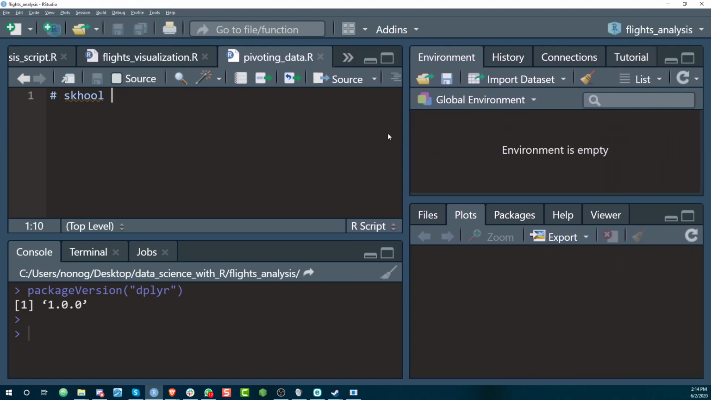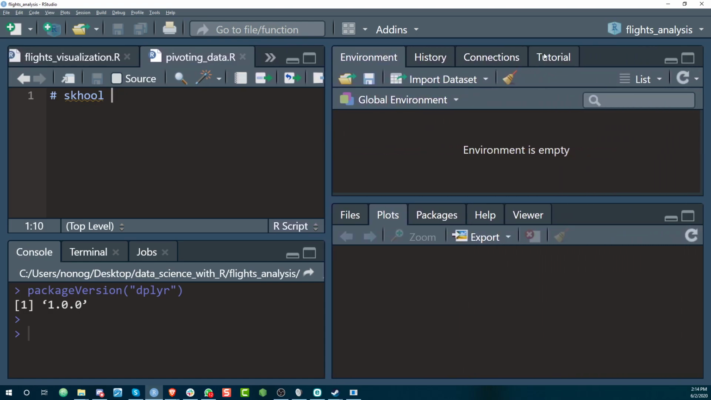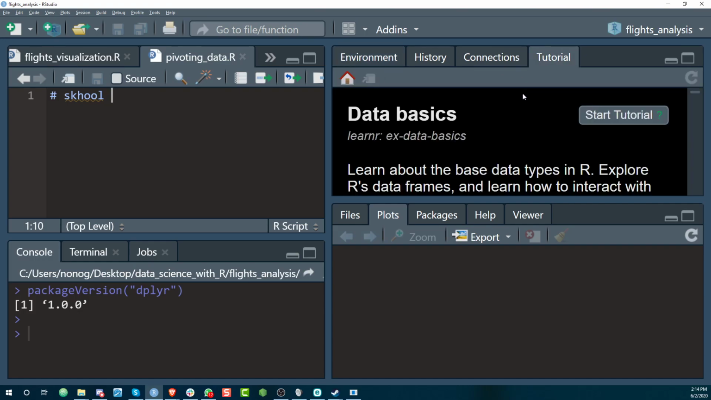Also, it comes with another wonderful section here, the tutorial section, which you shouldn't have right now if you don't have RStudio 1.3. There's a very powerful package in R called the learnr package, which is a package that allows you to make interactive